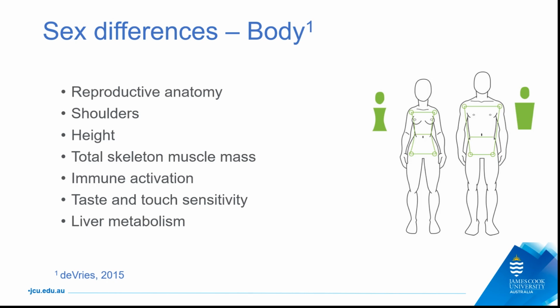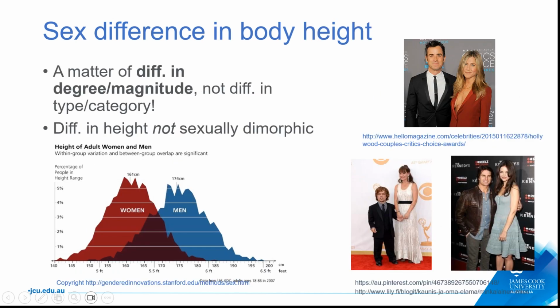However, do know that when it comes to height, it's a difference of degree or magnitude. It's not a difference of type or category. That's what we call dimorphism. Morphism always refers to structural aspects. Males and females are not built to differ structurally by nature. A lot of it is due to nutrition and environmental influences. That's why we see the intersection zone. Sometimes we do have women who are taller than males, of course. We look at Tom Cruise. I'm not too sure about the lady standing next to him. So it does happen.